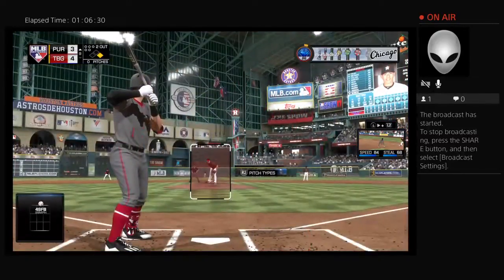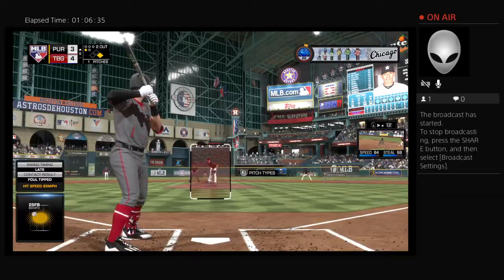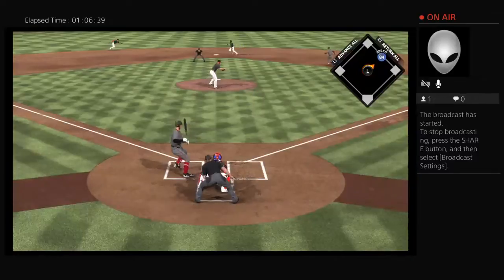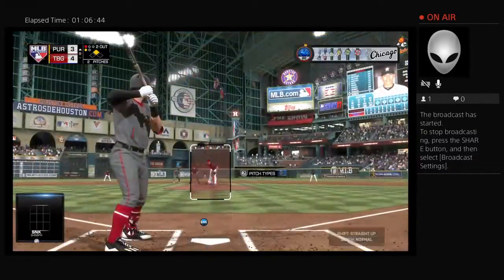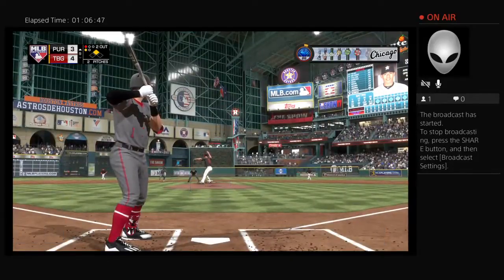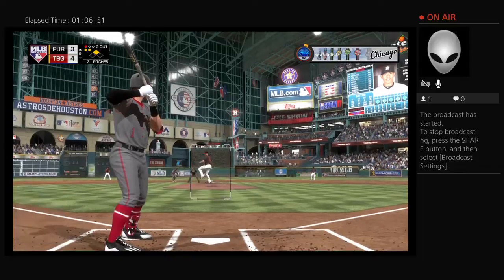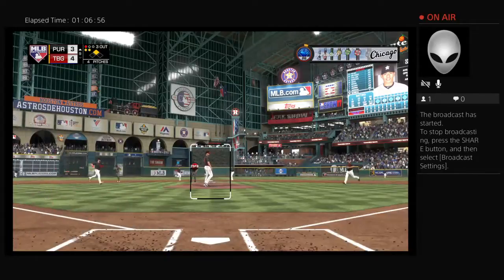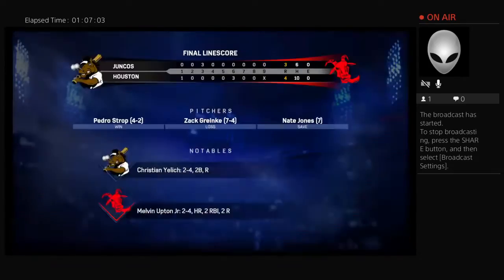Nate Jones gets the call here as he'll try and look for 1 out to finish this thing off. And this is fouled straight back. The 0-1 on the move again from first. Pitch misses low. The throw down. Trying to hold the lead. Here's the delivery. Good pitch as this is swung on and missed. And now they're down to perhaps their final strike of the evening. Struck him out, so he'll strand the possible tying run at second, and a great job of working out of trouble as this ball game is over. Not a lot of runs put on the board in this one, but